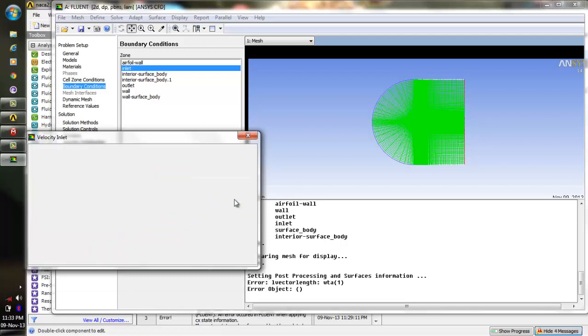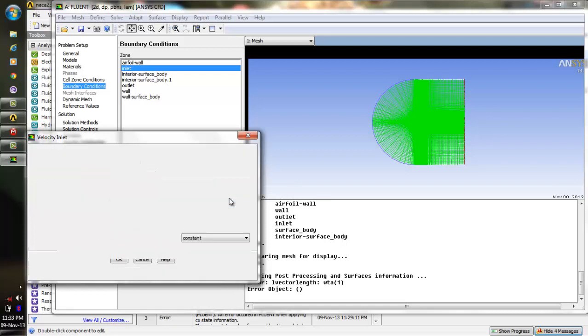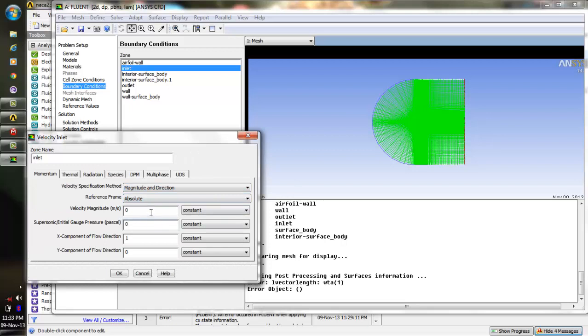Or you can have components, that is, this is V cos alpha, this is V sin alpha. Instead of components, we'll be going for magnitude and direction. Now let me set this magnitude as 1 meter per second, and the flow direction is along the x-axis, that is alpha is equal to 0, 0 angle of attack. Okay,